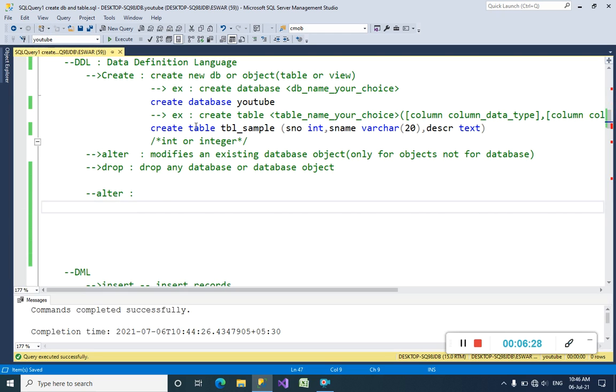Hello guys, actually I have created the table with the name tbl sample table. It has SNO, SName and description columns. SNO is int, SName is varchar, description is like text. Text is very similar to varchar, guys.